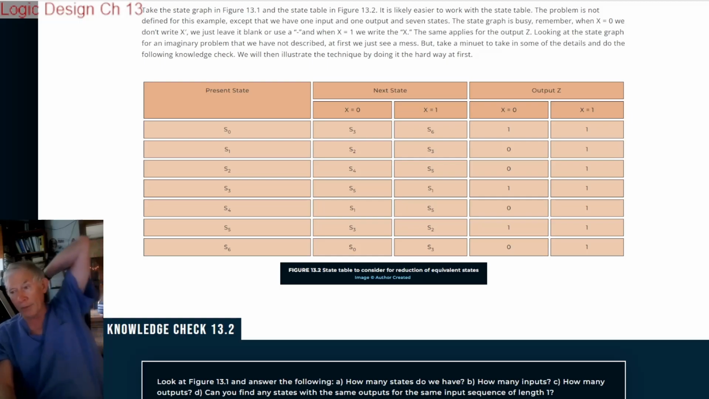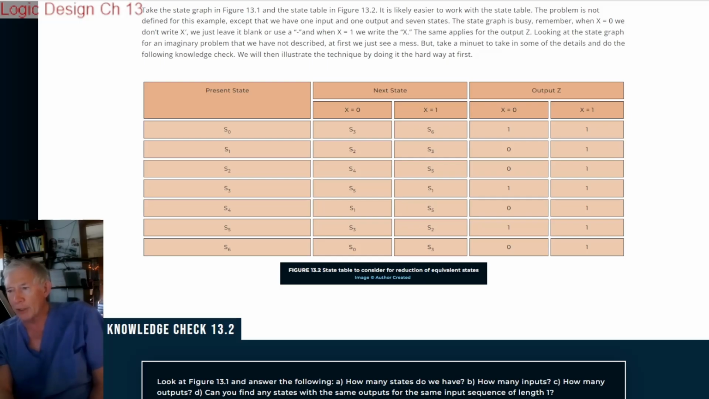Oh, okay, that's a problem. Notice for S6 on x equals 0, we're not going to either 1, 2, 4, or 6. We're going to 0, which is in the group 0, 3, 5. So that's in the other group. So that means we have to separate out the S6. And then for x equals 1,